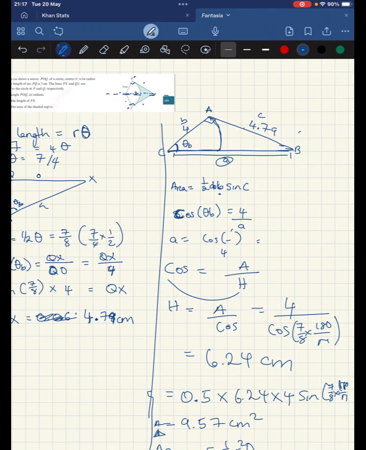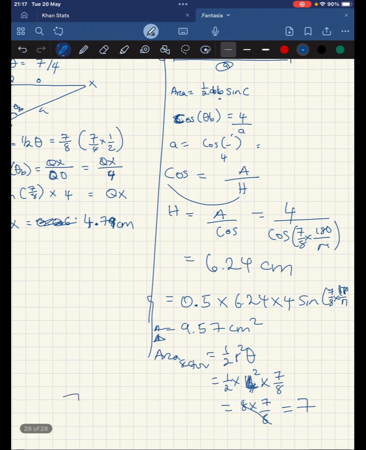So therefore, we can now say the area of this shaded area, right, is just going to be 9.57 minus 7. And since there are 2 of them, we'll times it by 2. Okay, 9.57 minus 7 times 2 should give us something about 5. Yeah, 5.14 centimeters squared. And that is